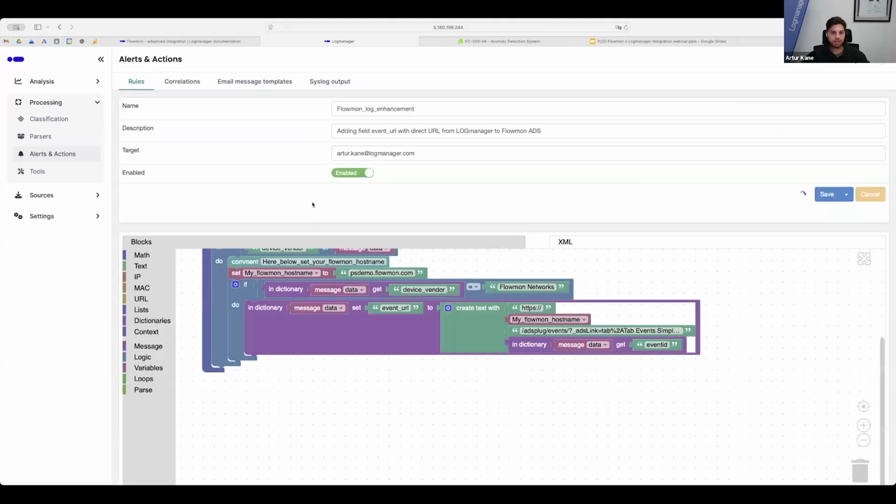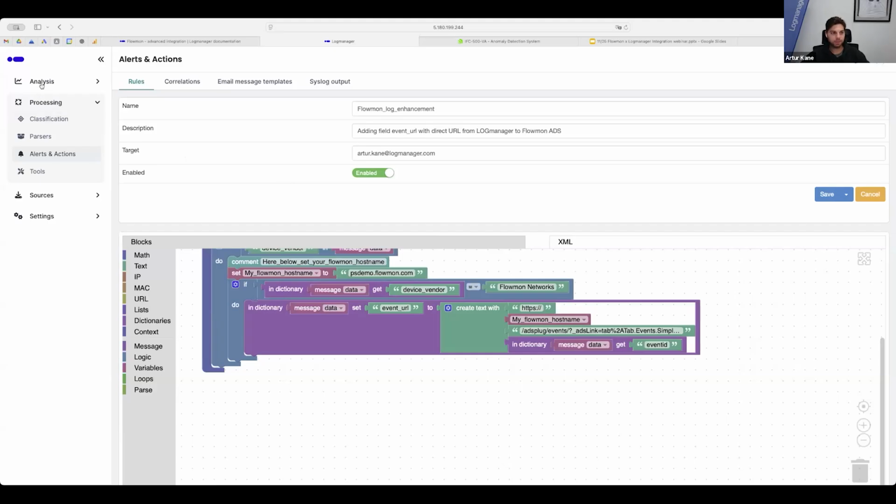And it's done by an inbuilt alert where the only thing you will do is to define the host name of your Flowmon solution to be populated in the full URL. So that's pretty much the only configuration you do, one host name, and all the three layers of the integration